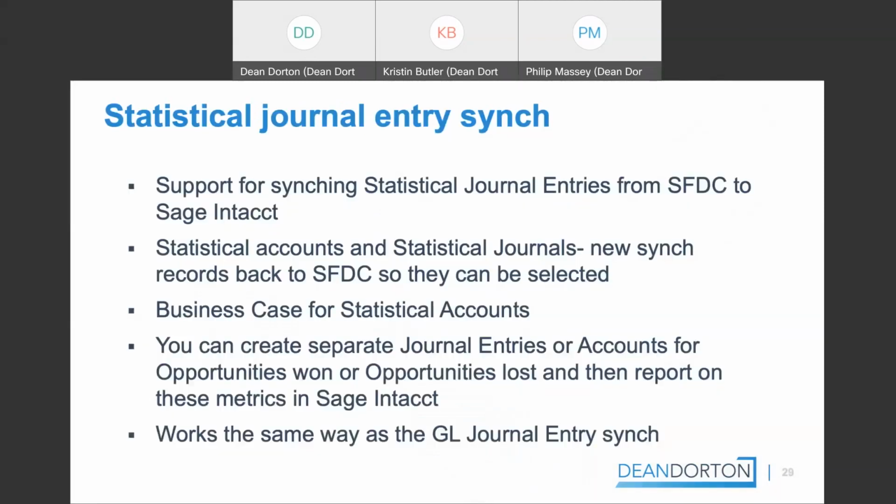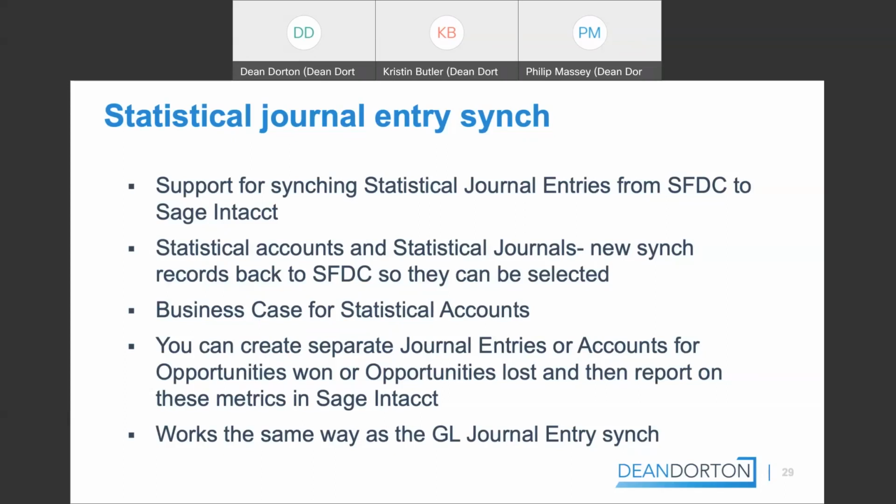Big thing that they've added this time is the statistical, and I always have a hard time saying that for some reason, statistical journal entry sync. So it gives support for syncing statistical journal entries from Salesforce to Sage Intacct, statistical accounts and journals. You can create separate journal entries or accounts for opportunities won or opportunities lost, and then report on those metrics